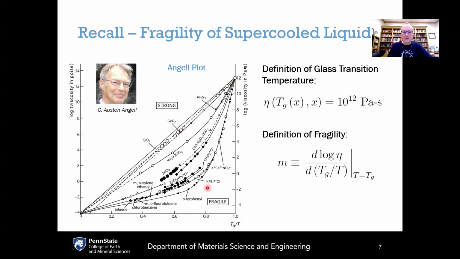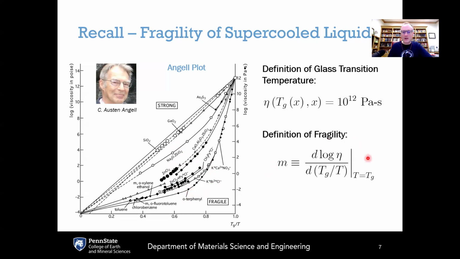So all of these viscosity curves for all these different chemistries are passing through the same point here, 10 to the 12 Pascal seconds, at the glass transition temperature, because by definition the glass transition occurs at a viscosity of 10 to the 12 Pascal seconds. And what Angell observed was that there were a couple of liquids that had this Arrhenius scaling of viscosity with temperature. He called them strong liquids, presumably because the structure of those liquids is not changing appreciably as a function of temperature, whereas most of these liquids exhibited some departure from Arrhenius scaling, and he called these fragile